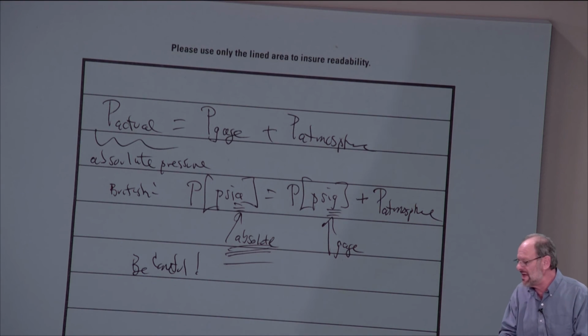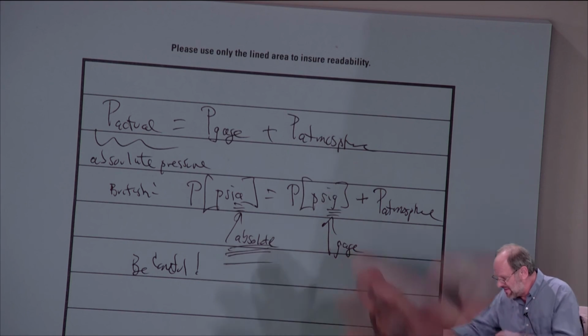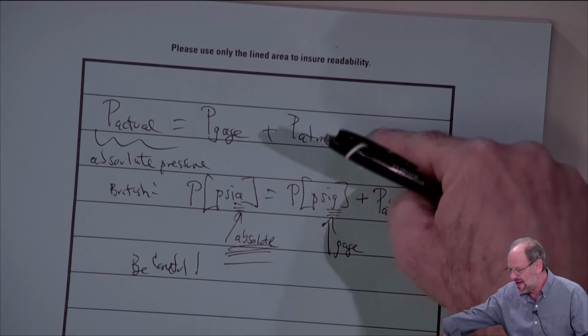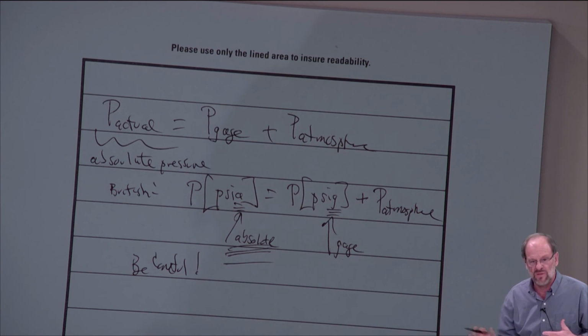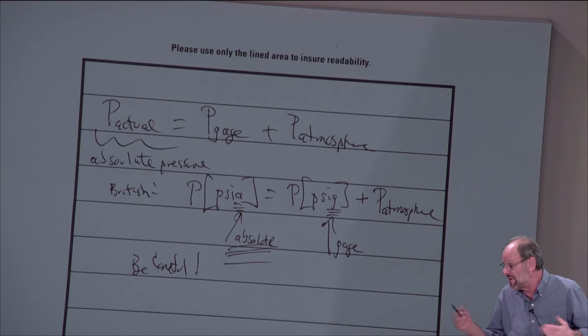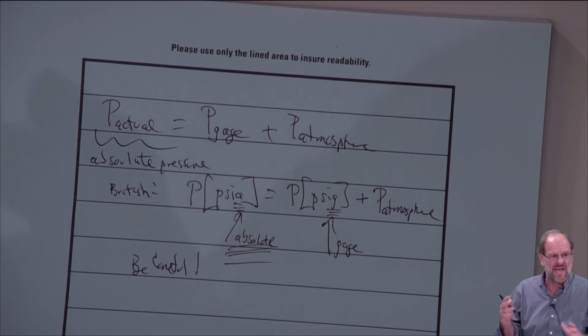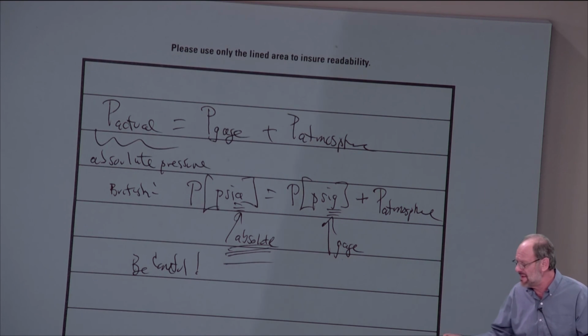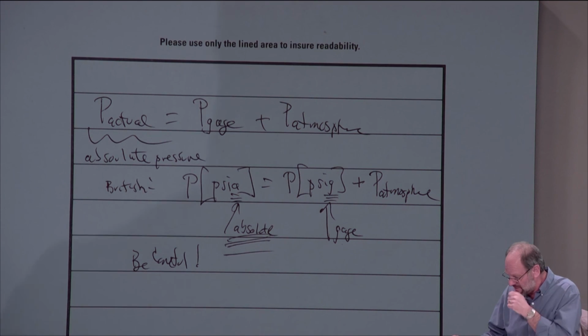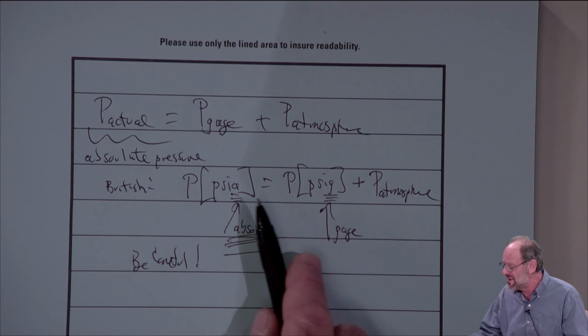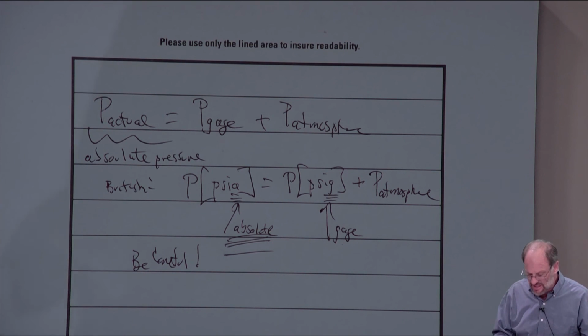Now, in the SI system of units, the general equation up here still applies, but we don't use PSIA or PSIG. The pressure would be in Pascal, so we don't have Pascals with a subscript A or a subscript G. It's just understood based on the way the problem is worded. So anyway, be real careful. In the British system, though, we definitely have a subscript G and a subscript A to make that distinction.